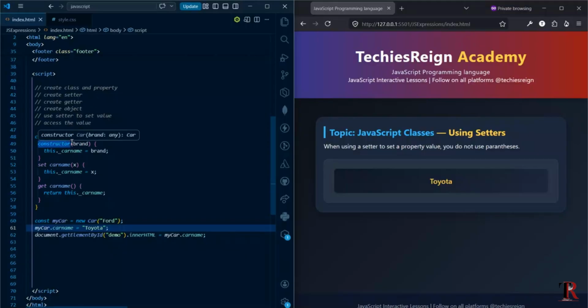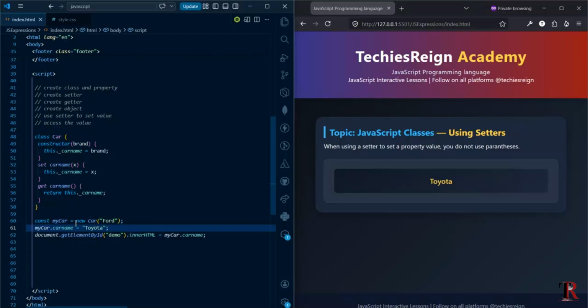So what we have here is that object starts with Ford and it's stored inside this actual property, the car.name. Then we use the setter method, and then this setter method ensures that the underscore car name is updated, then this getter retrieves the value. Because if you look at this getter method, you can see that it's actually not doing anything, it's not taking any parameter, it's just returning value. And then the new value is now being displayed here when we created an